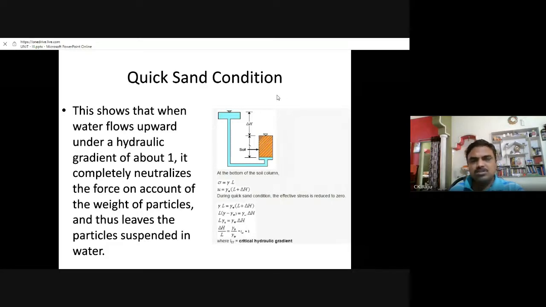Gamma saturated is Gs plus e into Sr, and here Sr is 1, so Gs plus e by 1 plus e into gamma W. That is gamma saturated, minus gamma W. So Gs plus e by 1 plus e minus 1 into gamma W, and if we cross multiply here, this becomes